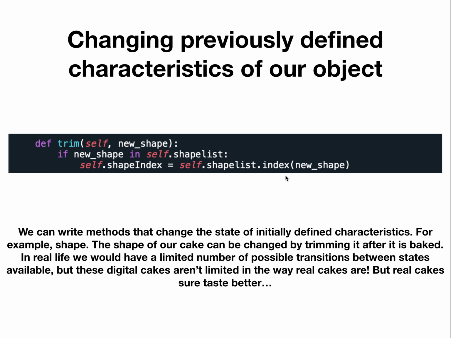We can also change a previously defined characteristic of our object. For example, if I wanted to trim my cake, we can write methods that change the state of initially defined characteristics. The shape of our cake can be changed by trimming it after it is baked. In real life, we would actually have a limited number of possible transitions between states available, but these digital cakes aren't limited in the way real cakes are. So what I mean by that is, in real life, it would be very difficult to transform a cupcake into a bundt cake, but real cakes sure taste better, despite the physical limitations we have